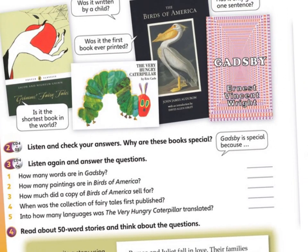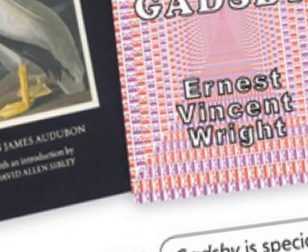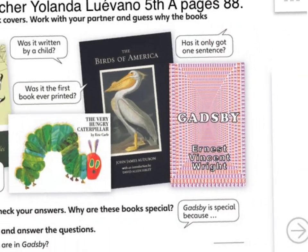Do you remember Gatsby? Gatsby was particular. Why? It was particular because all his enormous book doesn't have a single letter E. Can you see all the letters E? Well,